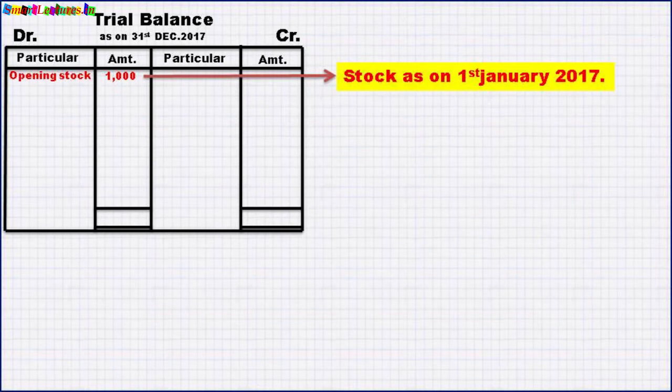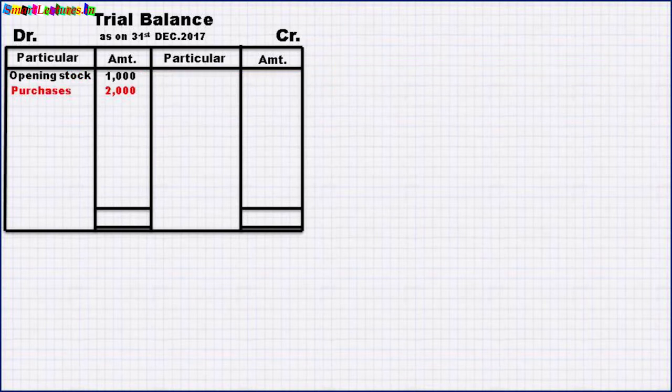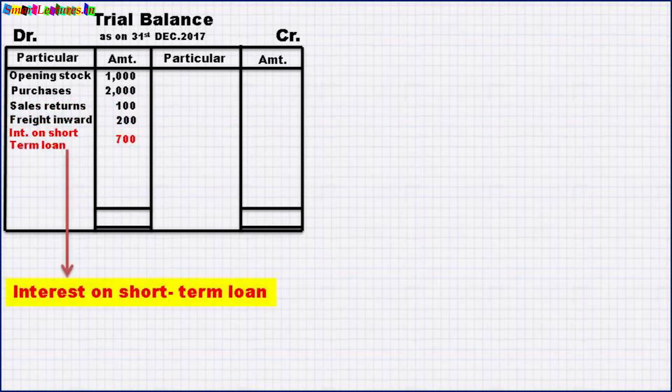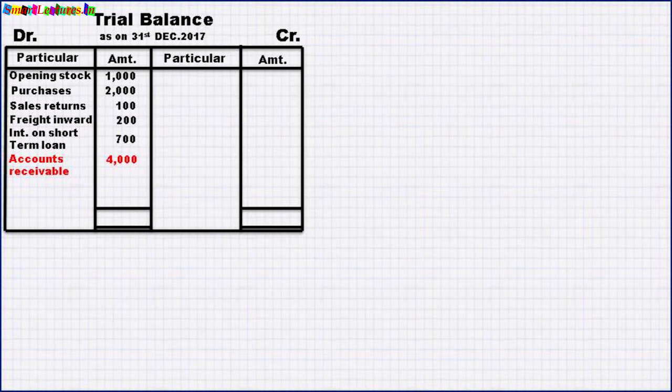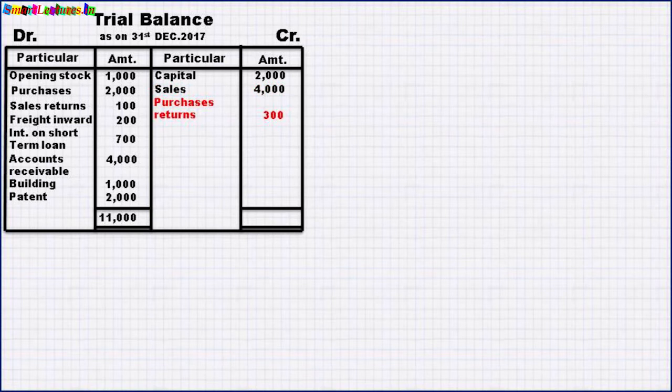So opening stock means as on 1st January 2017, 1000. Purchases 2000, sales 4000, returns 100, freight inward 200, interest on short-term loans 700, accounts receivable 4000, building 1000, patents 2000, capital 2000, sales 4000, purchases returns 300, short-term loans 1000, bank loan 2000, commission 700, reserve fund 1000. Total 11000 on both sides. And adjustments means the additional information